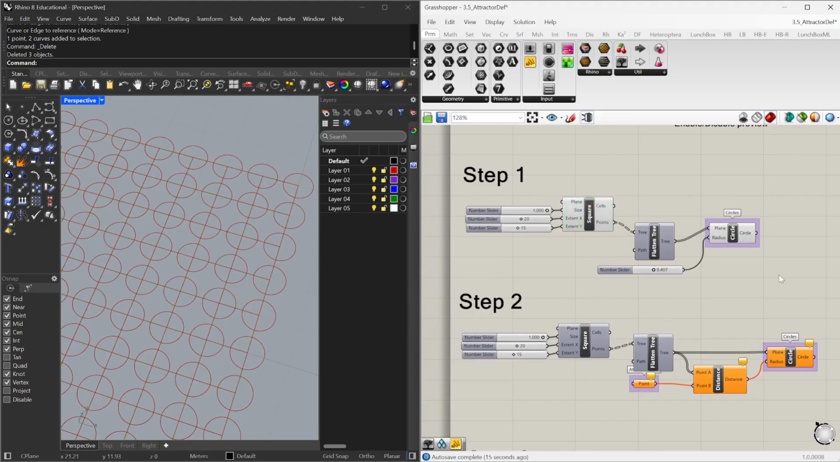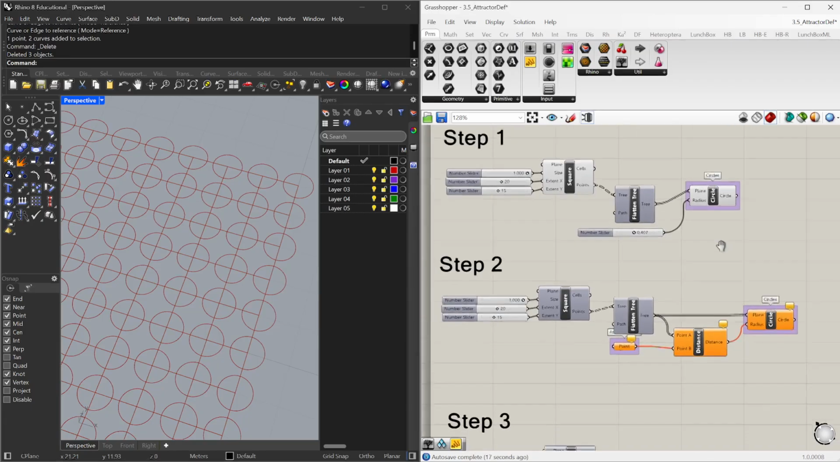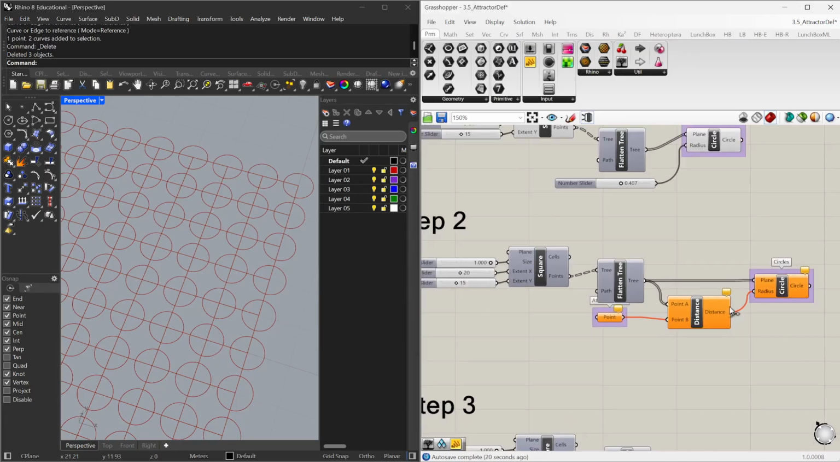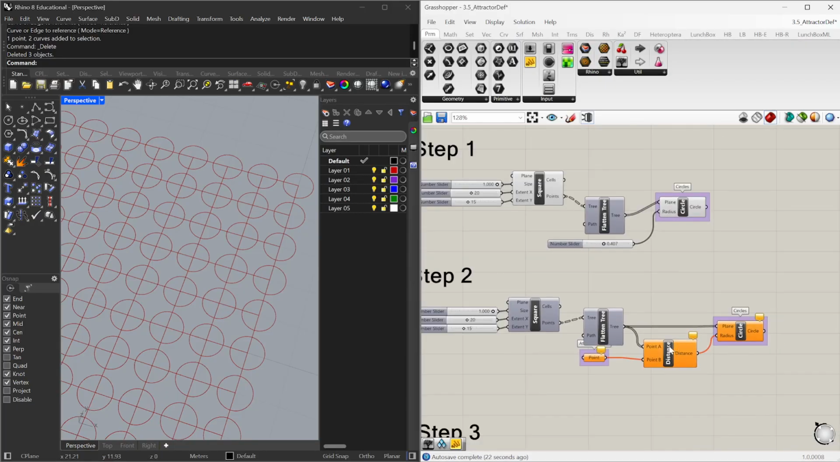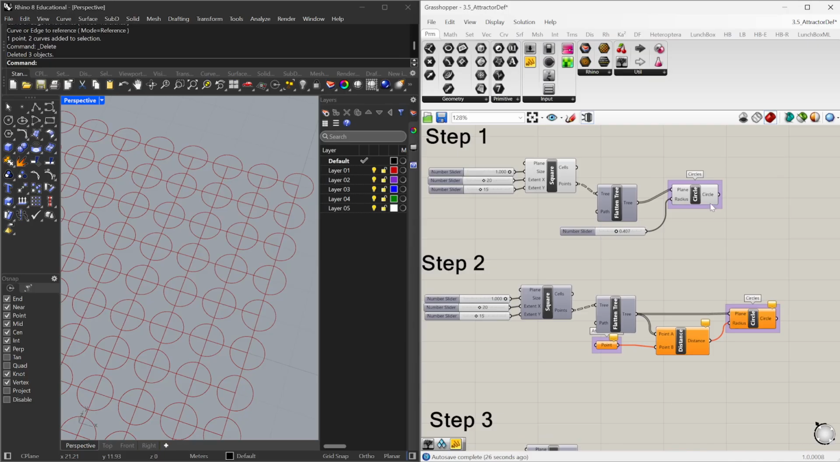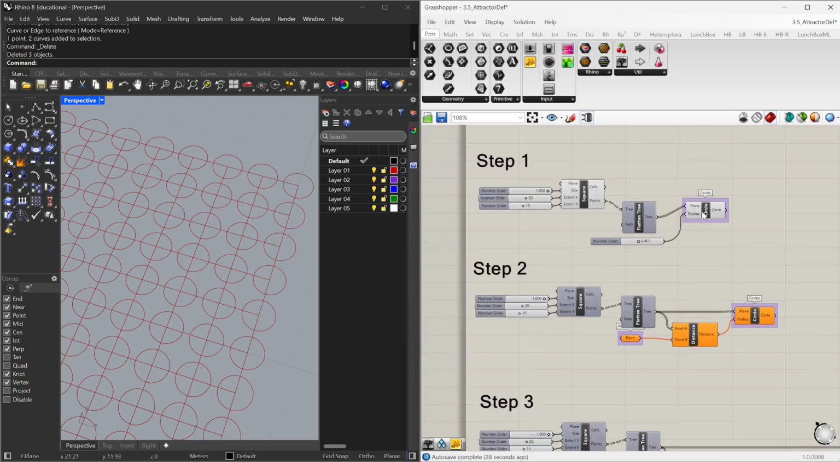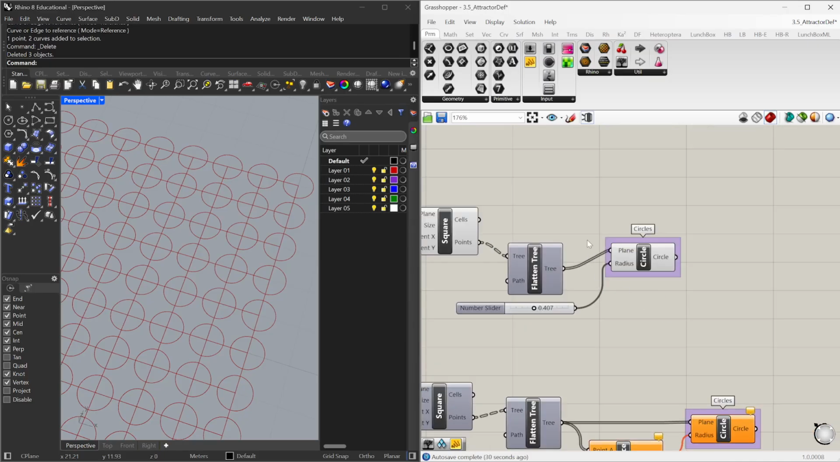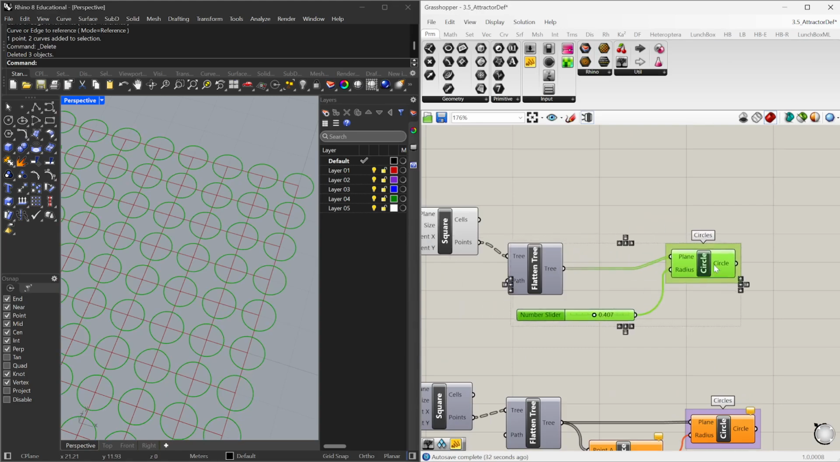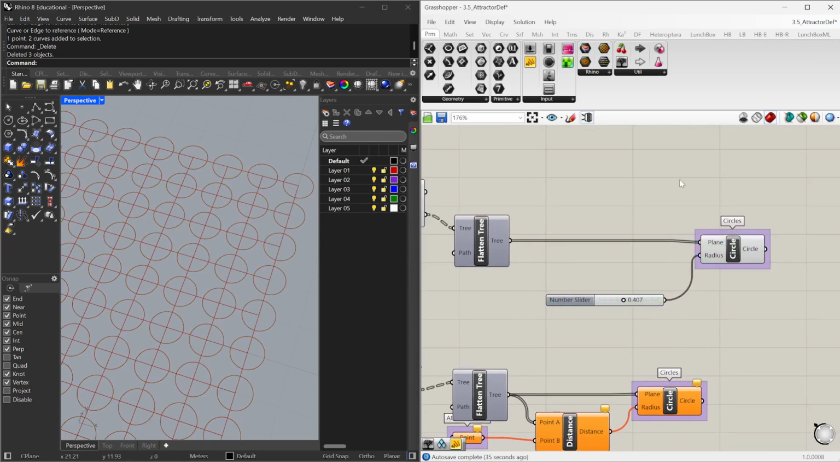Okay, has everyone been able to do that? So after we've done that, what we need to do is create a distance, which is going to specify our radius. Okay, so between these guys here, if I just move this guy out a little bit,